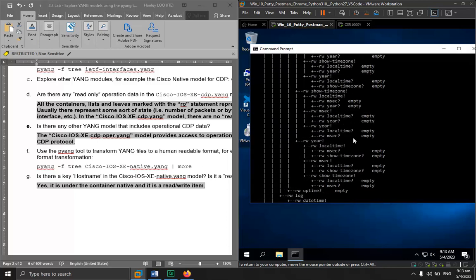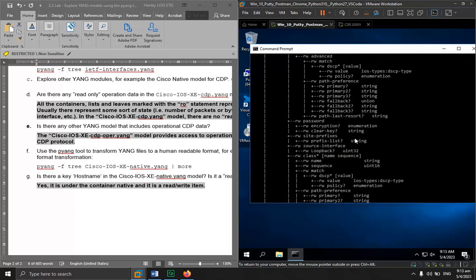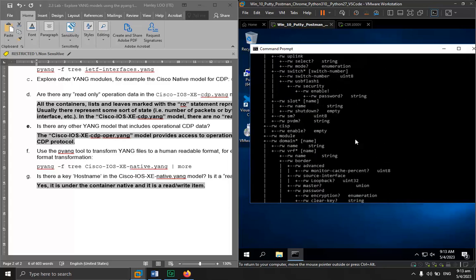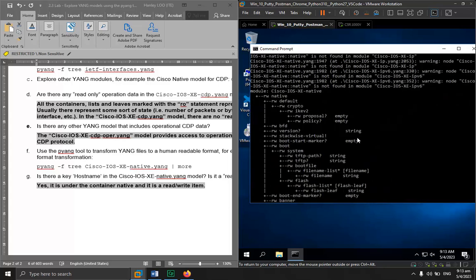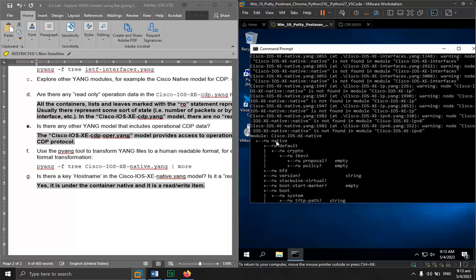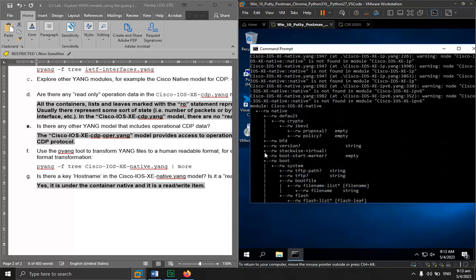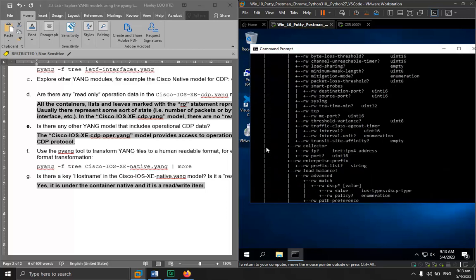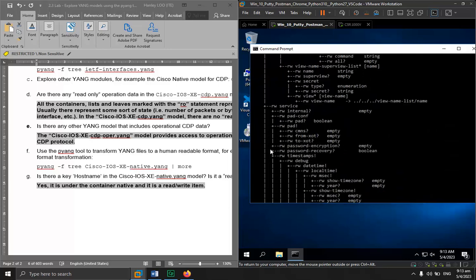If you scroll up, if I make use of a URL starting with Cisco-IOS-XE-native, followed by colon native, you can see that after native, if we go down the hierarchy, hostname is directly under native.